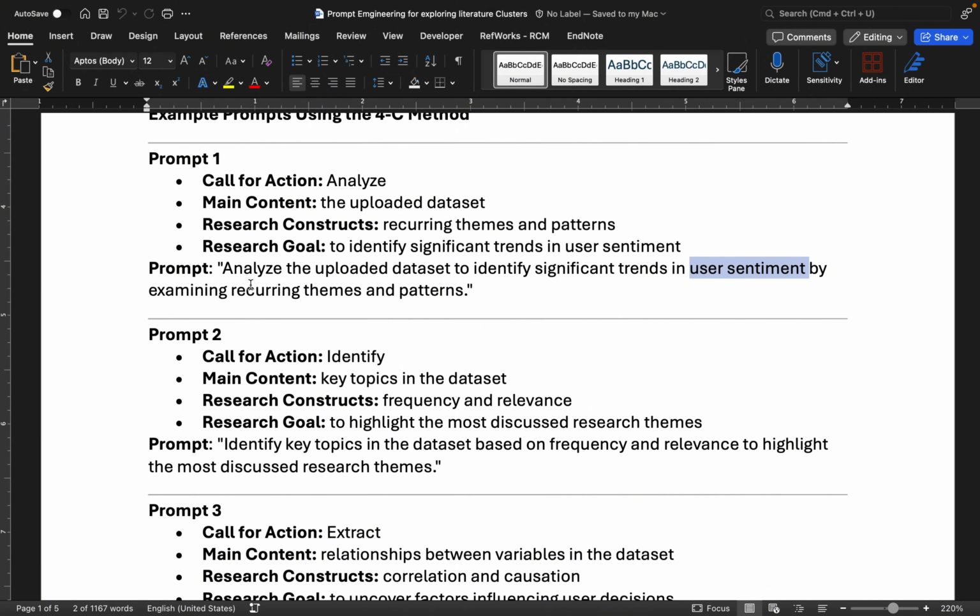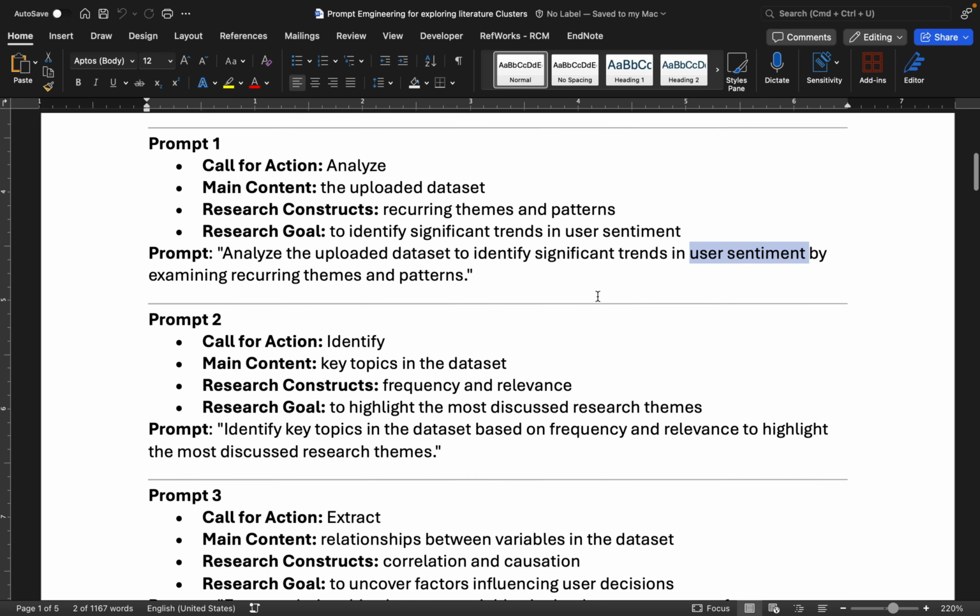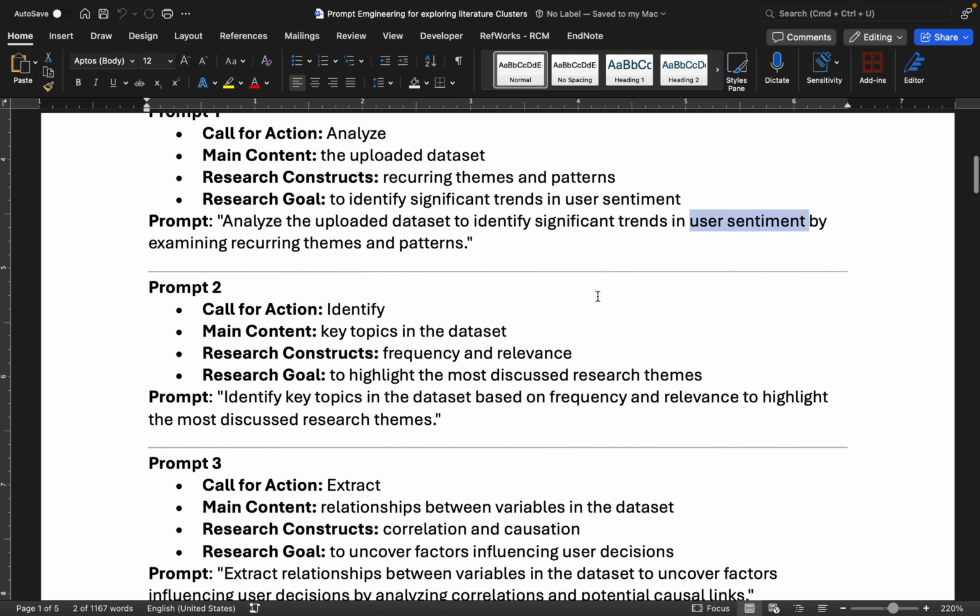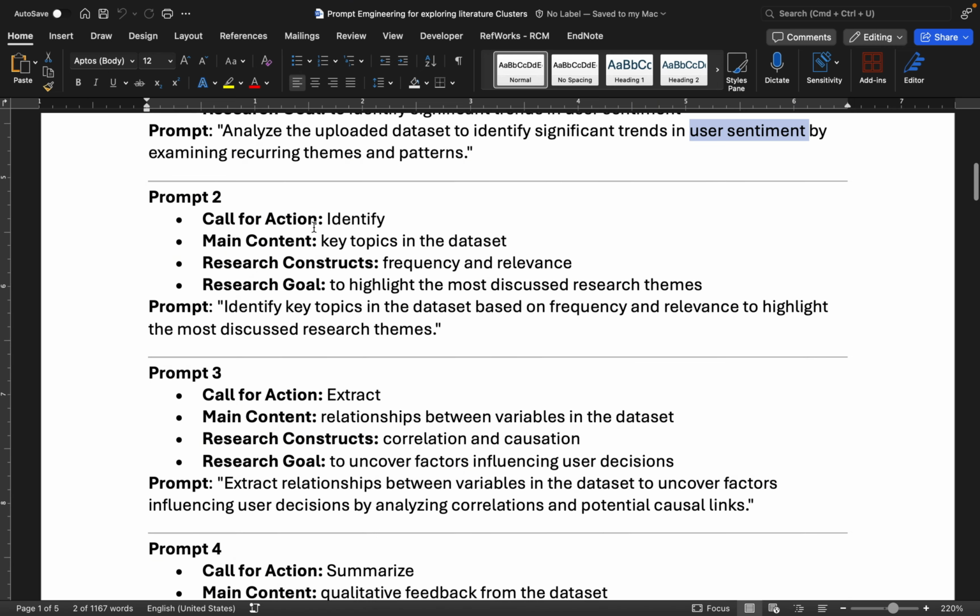By examining recurring themes and patterns. So you can change this construct with your own constructs, and then you can work with this prompt. This is a very simple prompt which will help you to analyze different sorts of patterns and themes in the literature available. Then another, maybe identify the key topics in the data set based on, this is based on the frequency